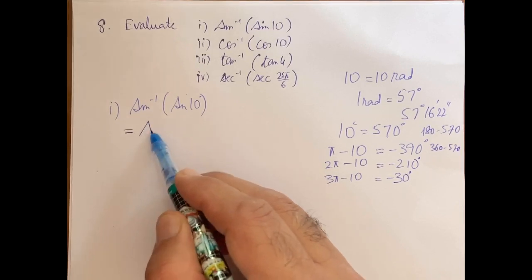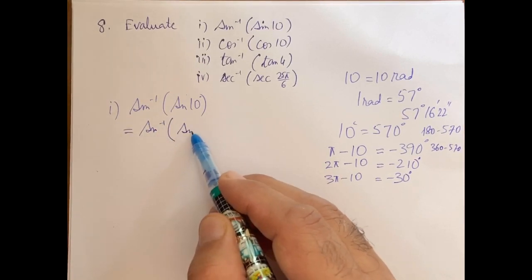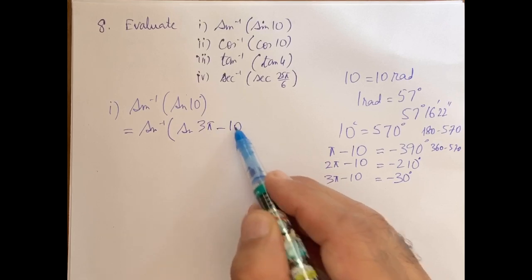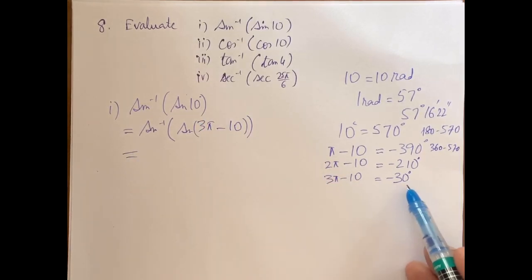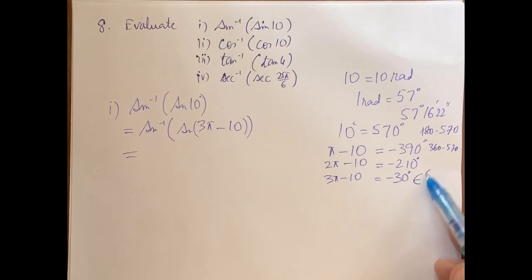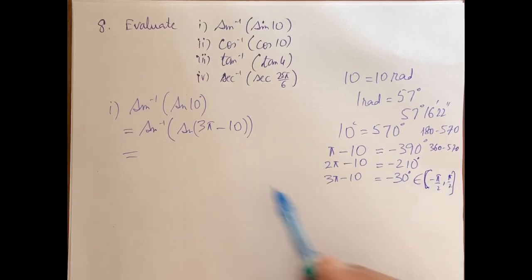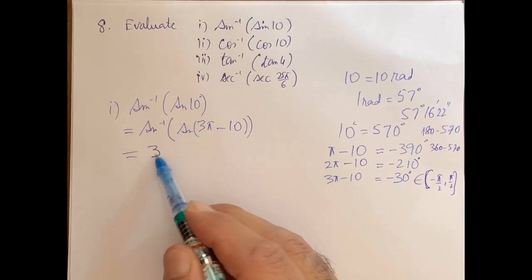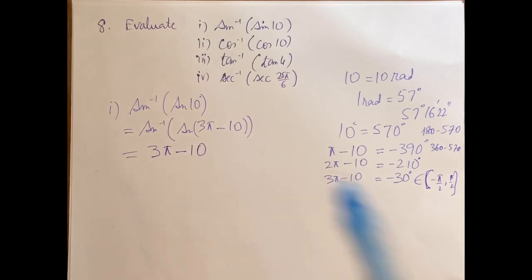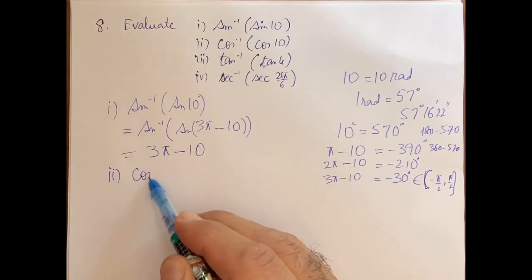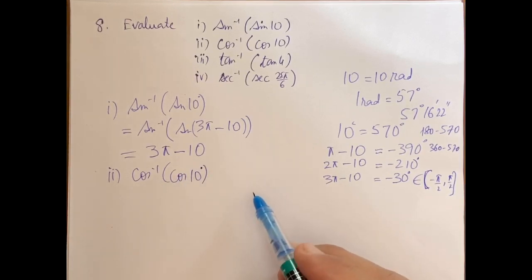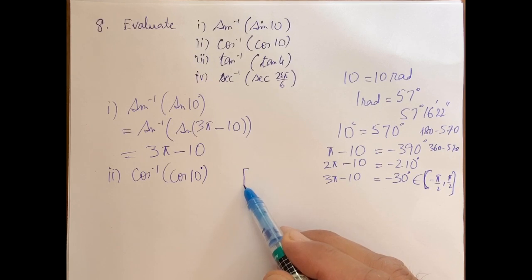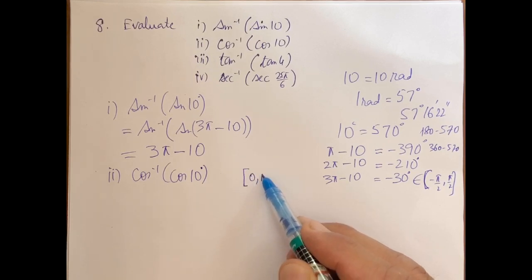So this means this can be written sine of 3 pi minus 10. Now 3 pi minus 10, this lies in the interval, this belongs to the interval minus pi by 2 to plus pi by 2. So here sine inverse and sine will cancel out. It will be 3 pi minus 10, which is cos inverse of cos of 10. Now cos inverse and cos will cancel out if this lies in the interval from 0 to pi.